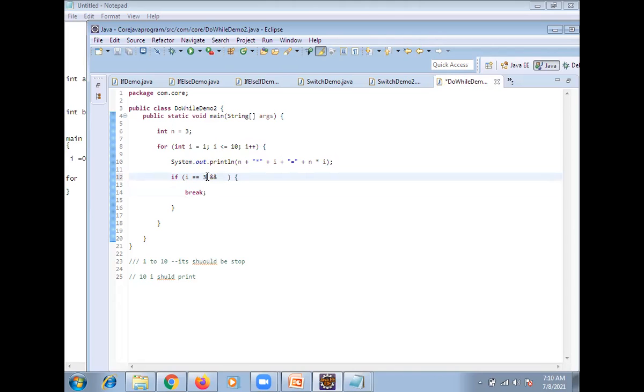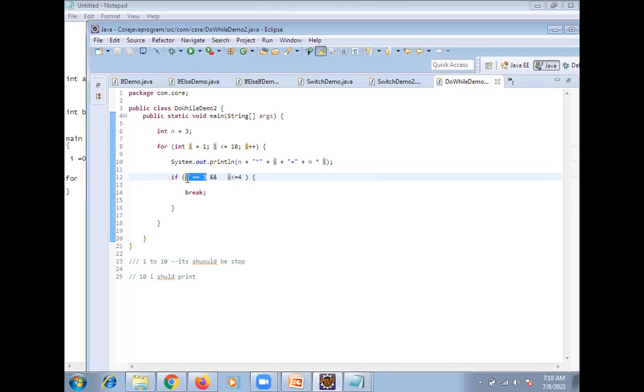Now I am trying to say even one more condition I want to check. Even I equal to 3 and I less than or equal to 4. See what does it mean? Again this condition also same, right? You are getting? Till 3 it will work.